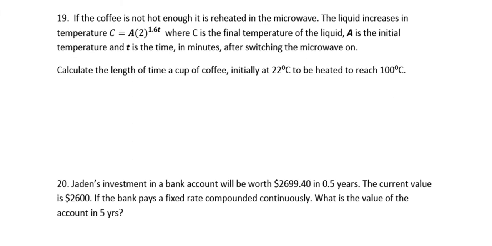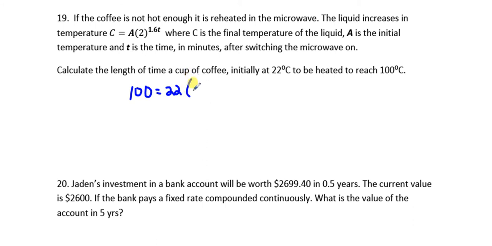Coffee. Here's the formula. It's an exponential growth formula to find out the coffee after so much time. And it's why we use logs, is when we have a variable in the exponent that we're going to have to solve for, because we're going to have to calculate the length of time. So initial temperature is 22 degrees, that's A, and the final temperature is 100. So our final temperature is 100 equals 22